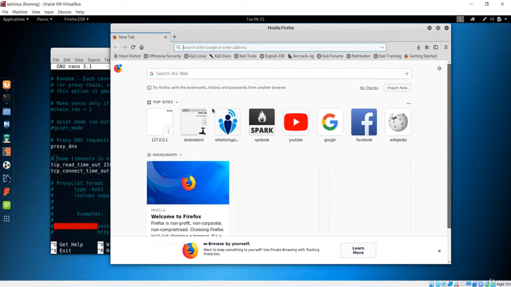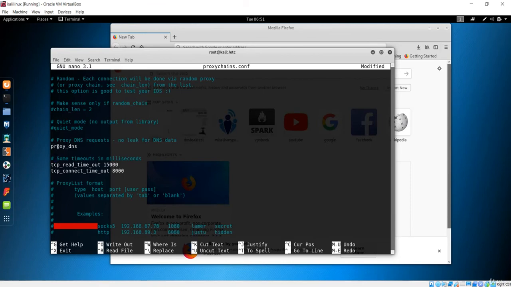We saw how our router information, routing information, DNS server information and ISP information was completely leaked. That means authorities can get back to us and knock on the door if we do any illegal action. So we have to uncomment proxy DNS. That is the main importance of these proxy chains: they give us the power to remain anonymous in any case.